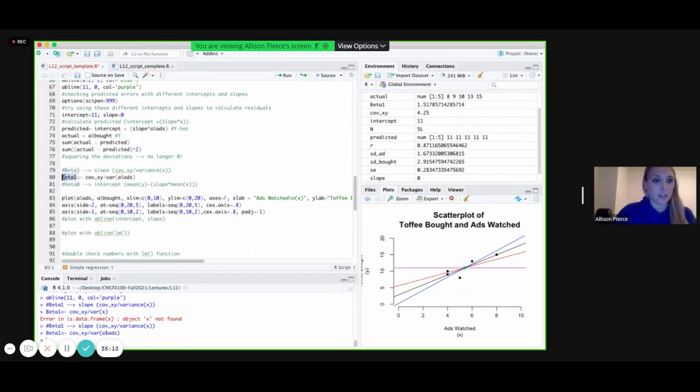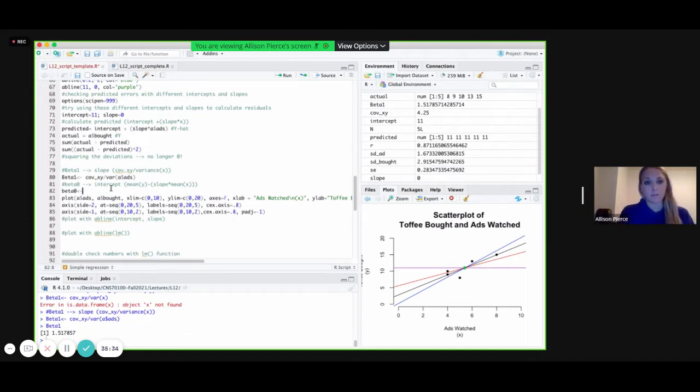And so you should get 1.51 with that, I believe. All right, and now for our intercept, now we can find it, because now that we have one piece of the